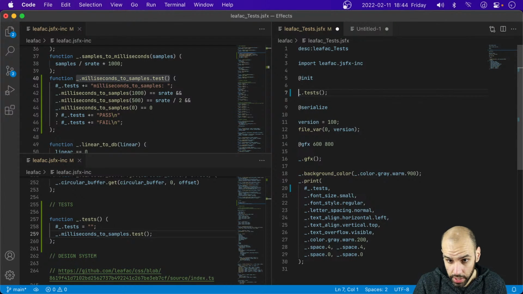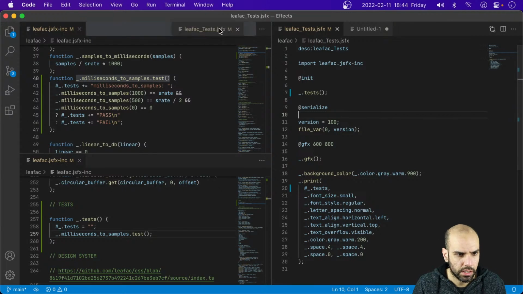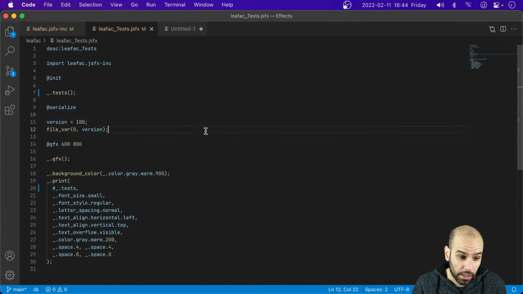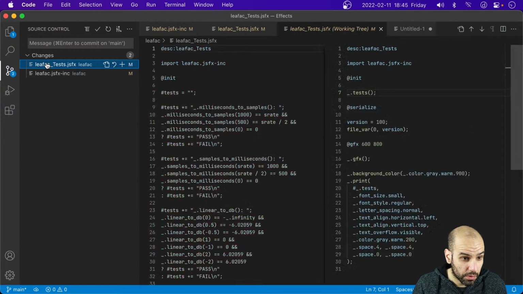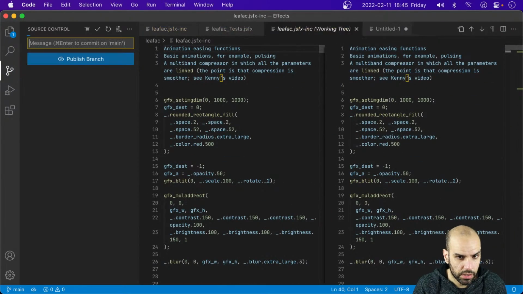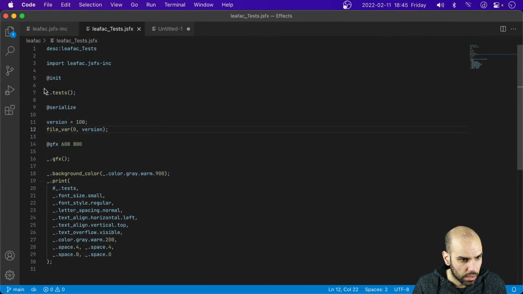So let's try that. But I do want to commit what we have because I like it. I'm not in love with it, but I like it better than what we had before. So if this doesn't fly, then we can always revert. So the way that this would read is